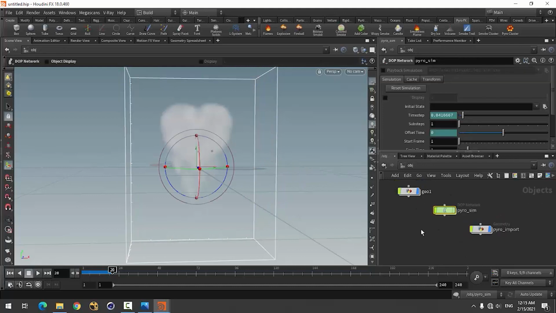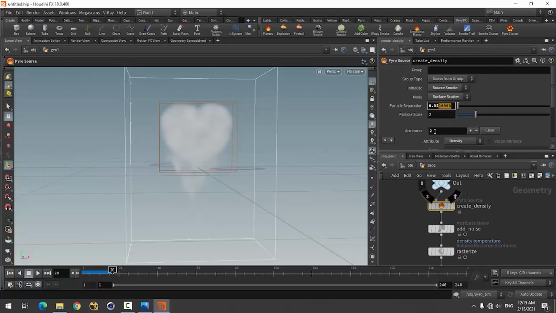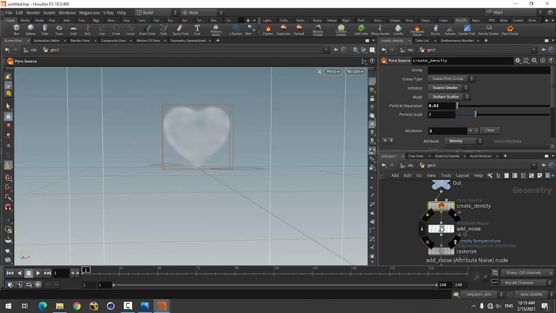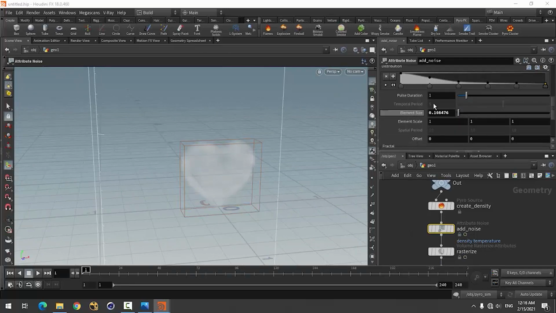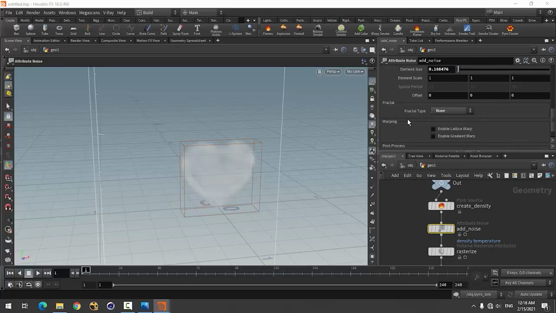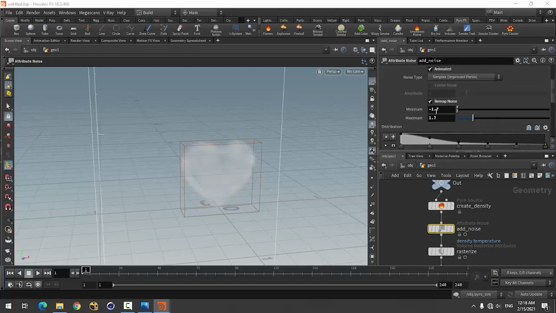And in the source geometry, which is this one, use at least 0.01, and in the noise section use pulse duration a little bit lower, and use these values to compensate for this, so that it will not emit from all the surface, it will emit from some parts. Okay,